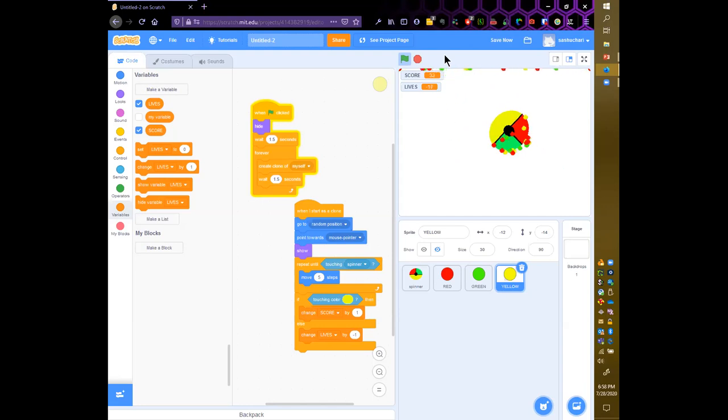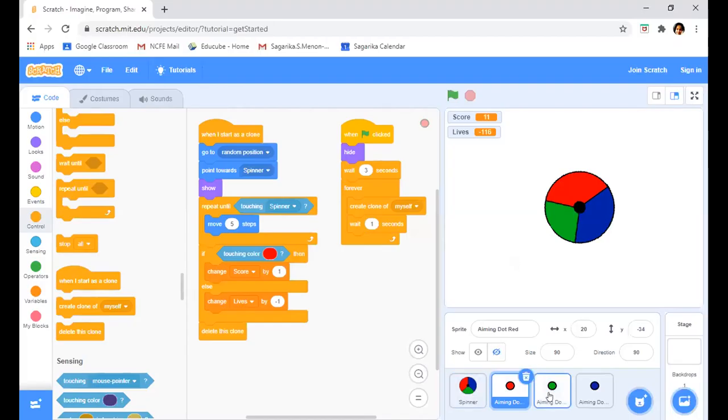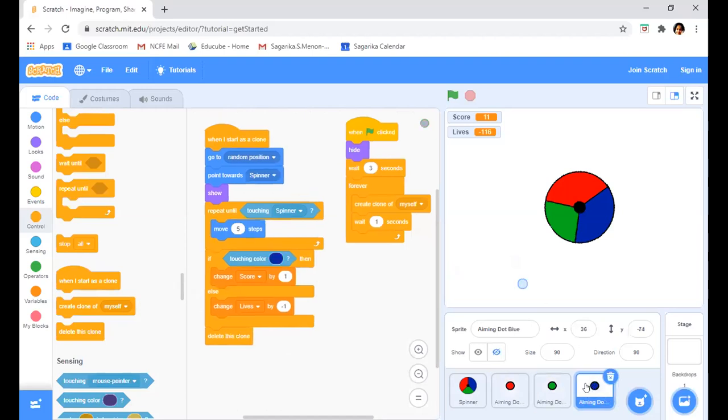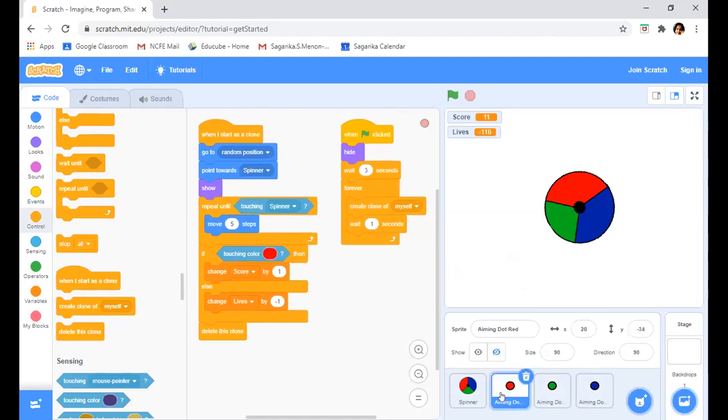Sir, can we make something that will allow the lives to be only 5 or something? So you have to check the lives counter, save it. We have to code more. That is something you need to do as homework now. Suppose lives start as 3. If lives equal 0, then you should stop your program, correct?